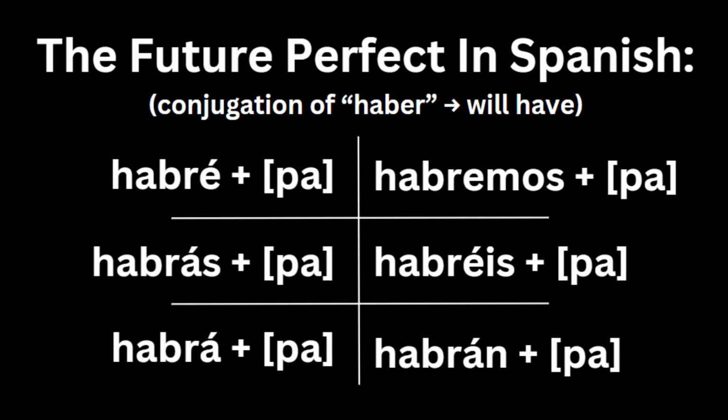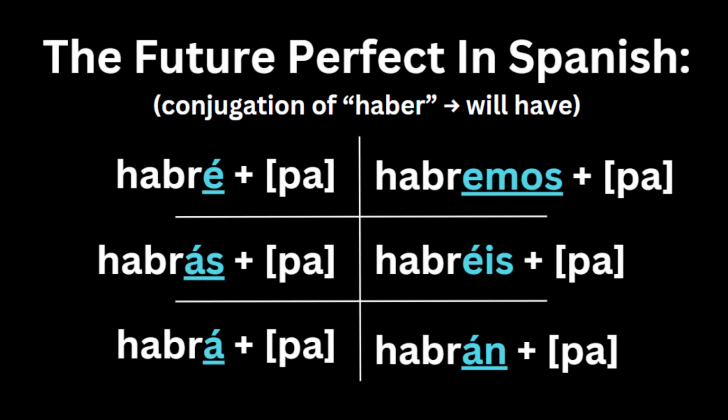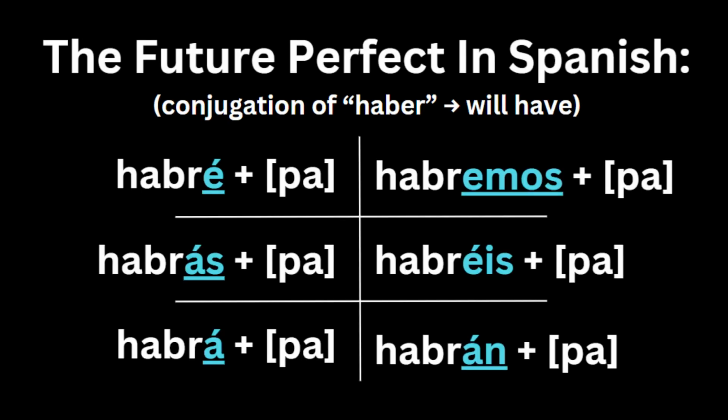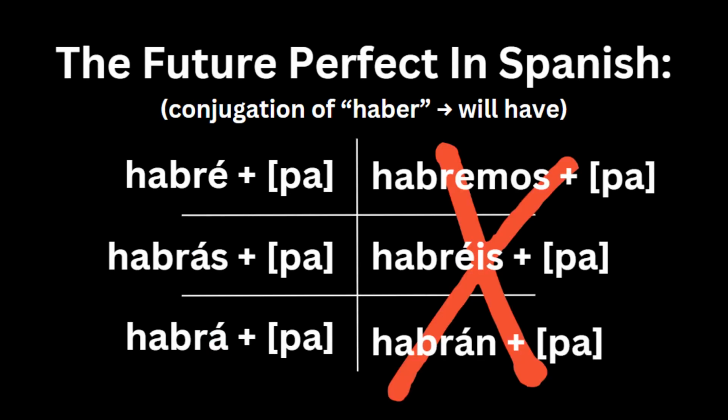As you can probably tell by looking at the chart, the ending of all of these conjugations of haber perfectly correspond to the ending pattern of verbs in the simple future. And that is because the future perfect literally just copies the ending that you would have for verbs in the simple future for the verb haber, so it's really not that difficult to memorize. As always, try not focusing on these conjugations because they're the least used ones in conversation.